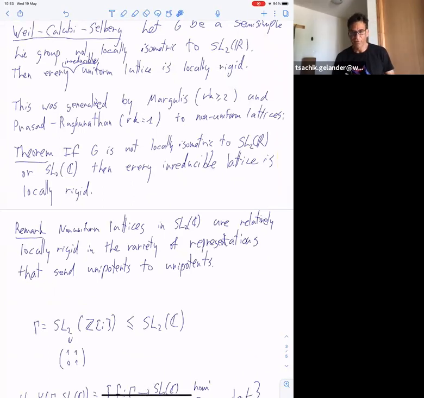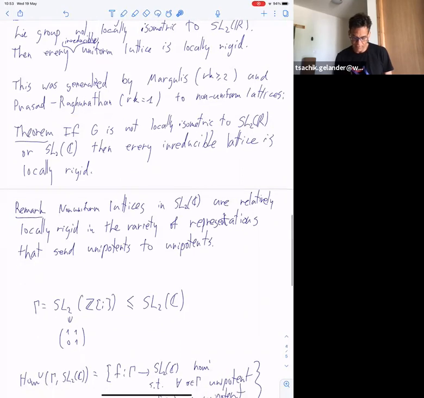proved superrigidity, which I'll mention later today, which in particular implies local rigidity for higher rank lattices, independently of whether they're uniform or non-uniform. And Prasad and Raghunathan studied the structure. They have a paper about the structure of rank 1 lattices, and in particular they proved several results there, but in particular they proved local rigidity, except in the case where G is SL2(C), where the theorem is not true, but a weaker version is true.